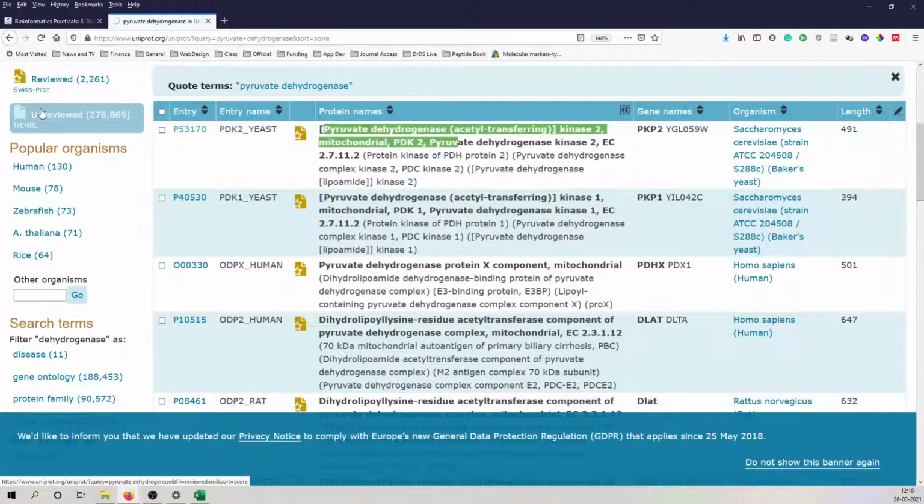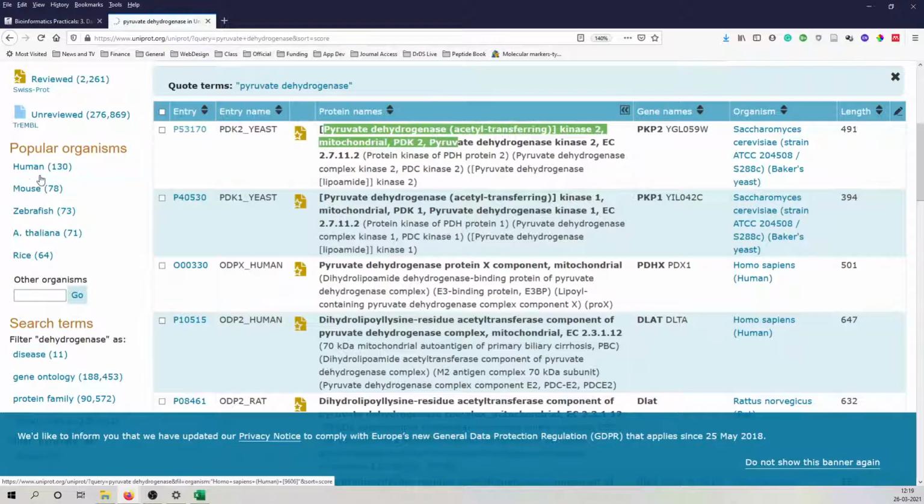It is not actually a translated protein sequence, but a computer annotation of the EMBL database. Gene sequences from the EMBL database are translated using computational methods, and those sequences are represented in translated EMBL or TrEMBL. So these are unreviewed sequences. It is not actually a coded protein or actually a translated protein. Whereas this one in the Swiss-Prot database is a reviewed sequence, which is actually an expressed protein sequence and verified by manual verification methods.